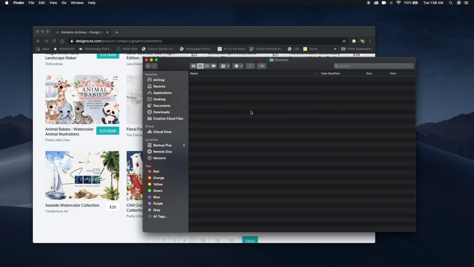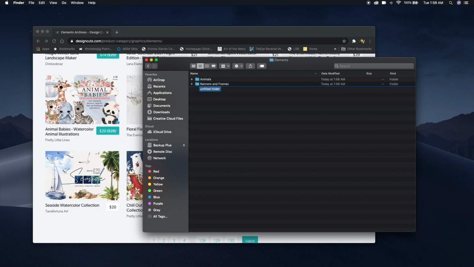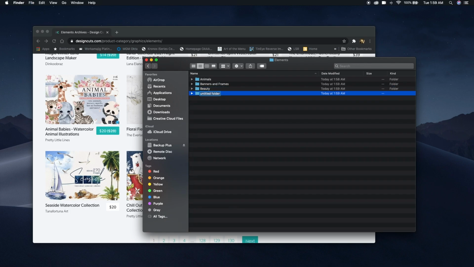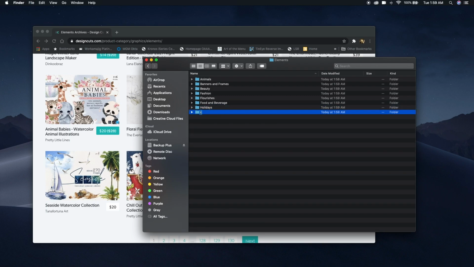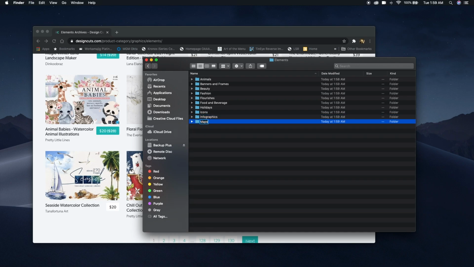So I'll start with animals, then banners and frames, which tends to be something I search specifically for. Beauty, fashion, food and beverage, holidays, again, break down further by the categories that are useful for you. Icons, infographics, maps, material,